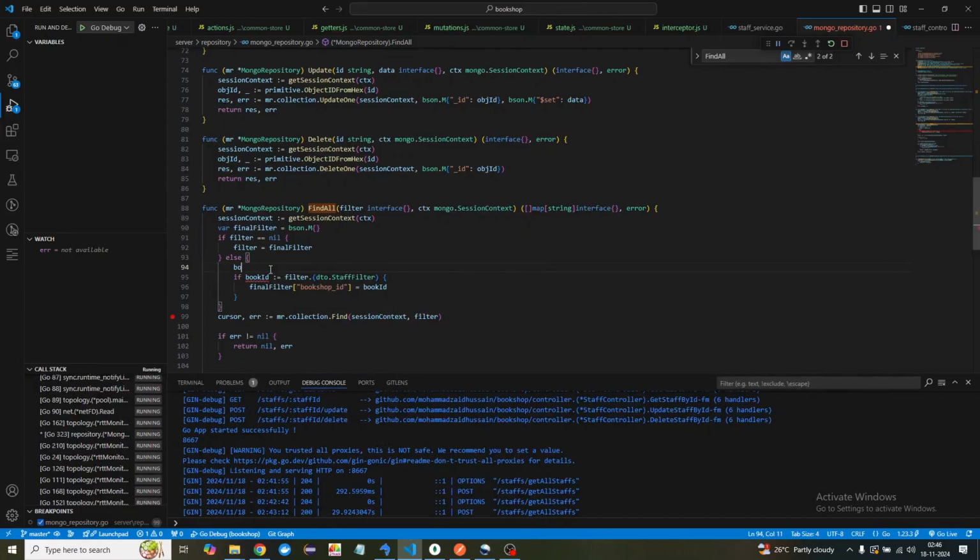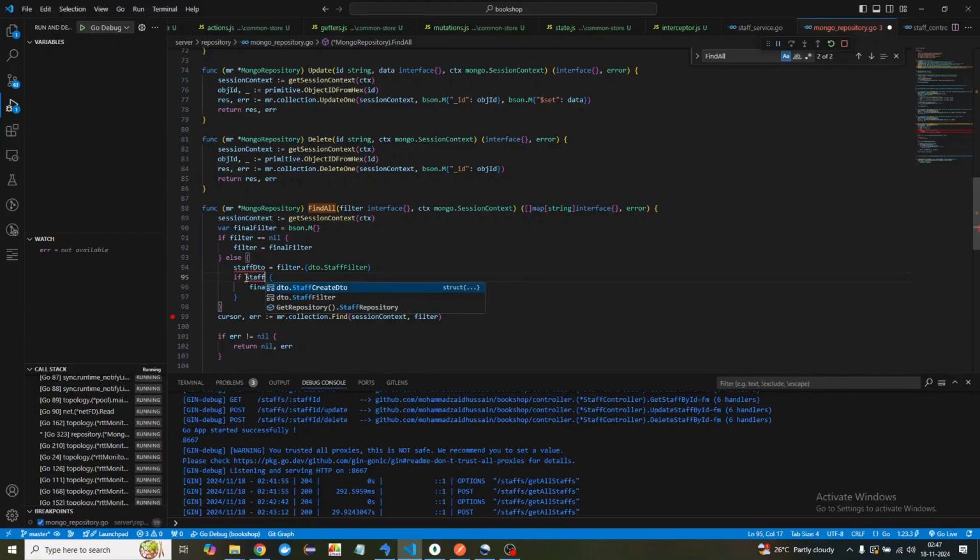So I'll say bookshop DTO equals to, I will just typecast this filter into bookshop DTO. Since we will be getting shop DTO, but then here I should be comparing it with,